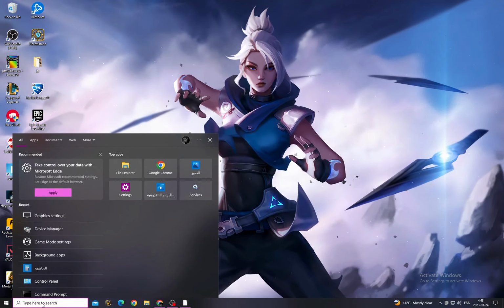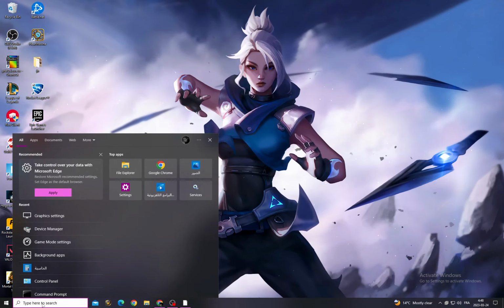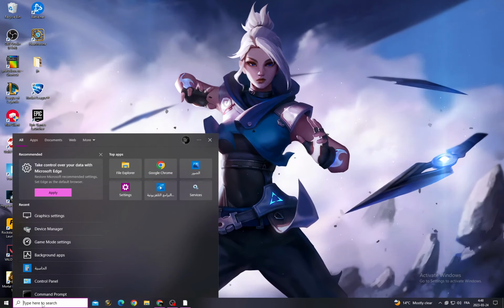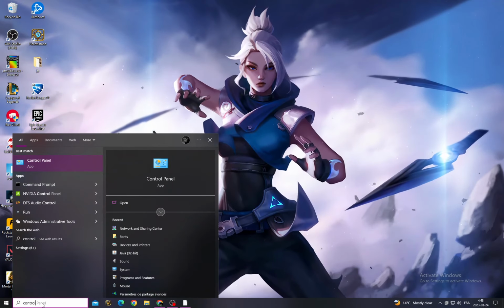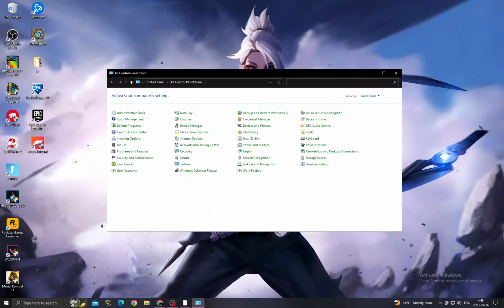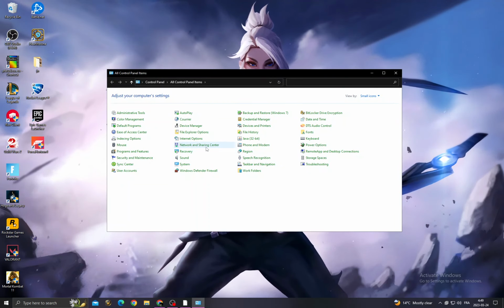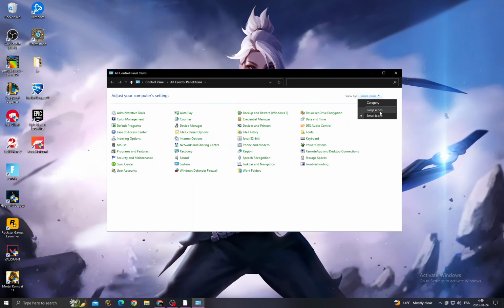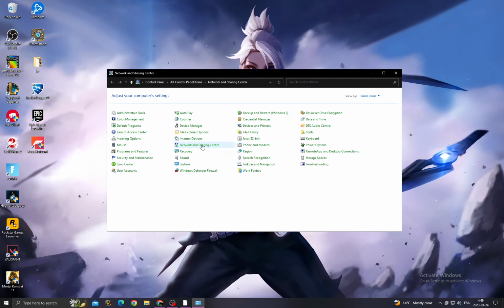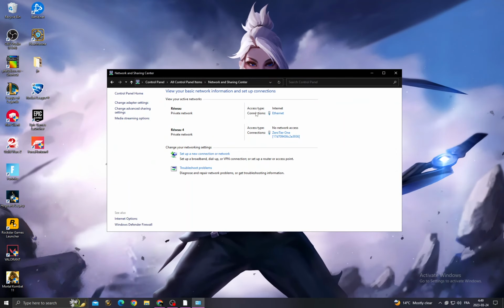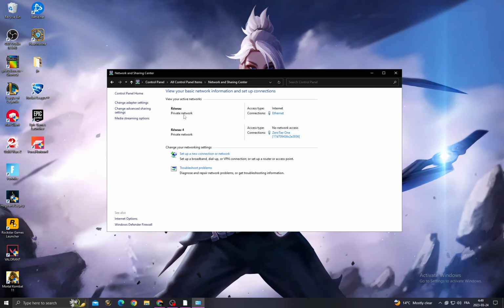and then after that type here control panel, and after that go on network and sharing. If you can't find it, just make it small icons and click on it, and then first option here, this